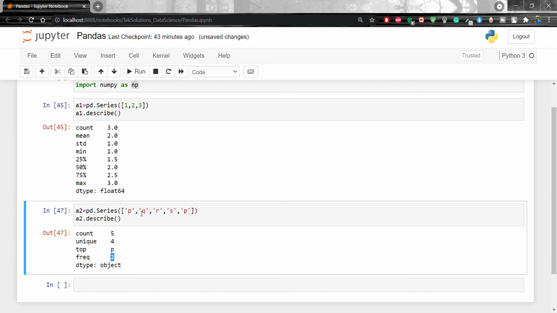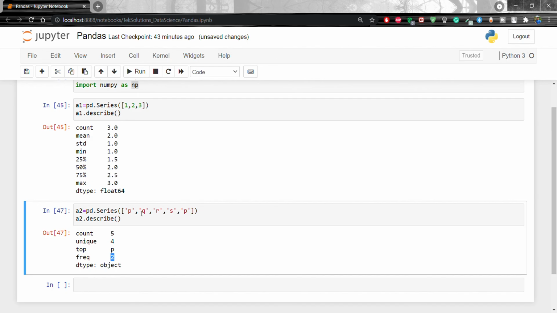So what will happen here? We will only print the numeric data for 1, 2, 3. That includes count, mean, standard deviation, min and max. Count 3, mean 2, standard deviation 1, minimum 1 and max 3. So that is using the numeric data only.